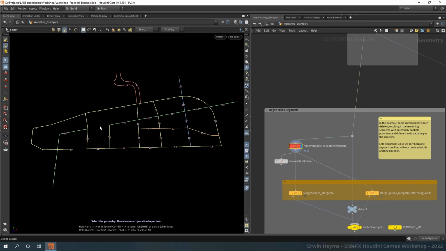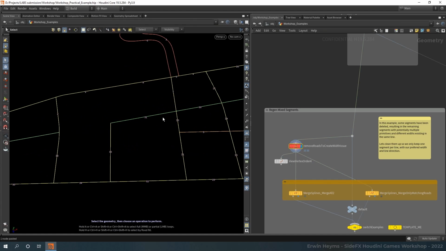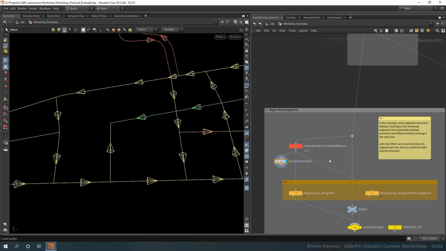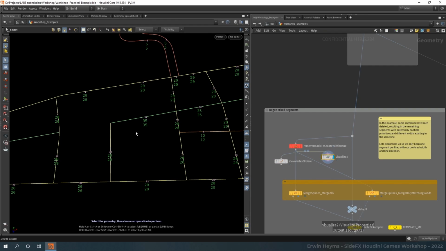Now, as a result, over here we have a single road which consists of two separate segments with two separate values and curve directions. If I visualize my road width, for example, you can see that this is a road of 35 meters wide and this one is 20. Now the problem with that is that if we want to support that in our road builders, we need to make sure that our roads can transition from one road size and one road style into another without joining at an intersection. That might be a problem, so we have to keep that in mind or we have to fix